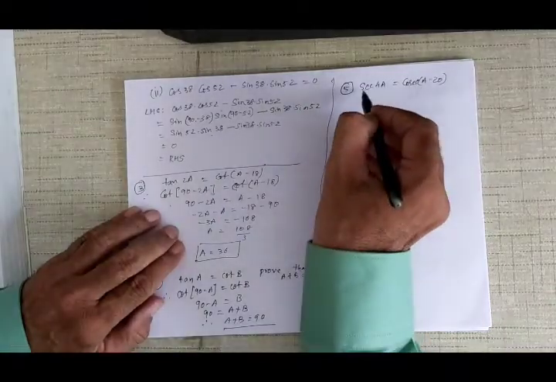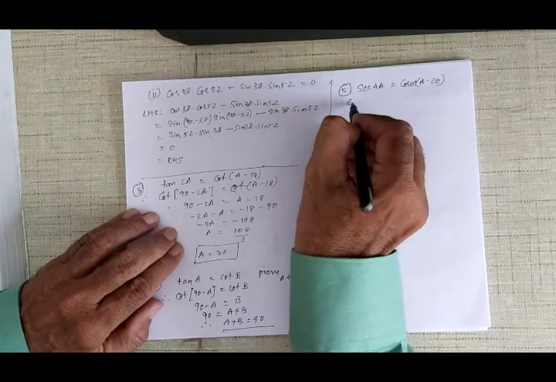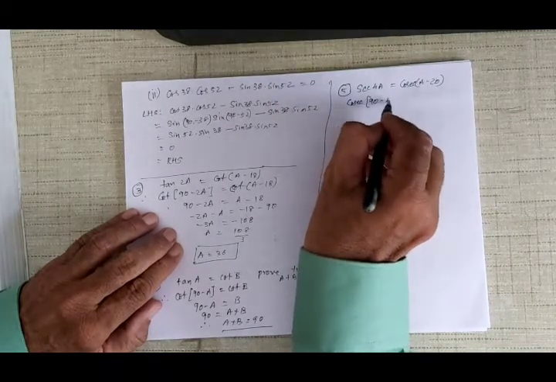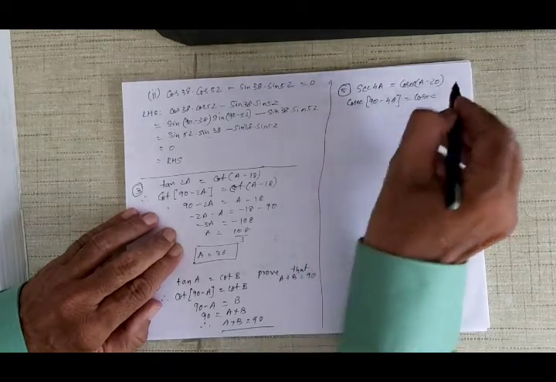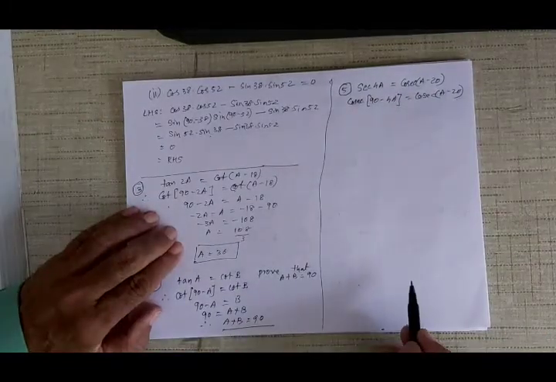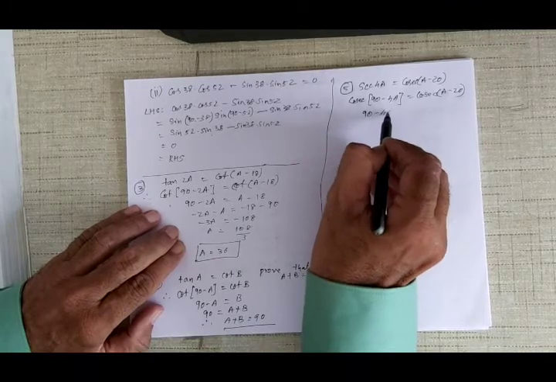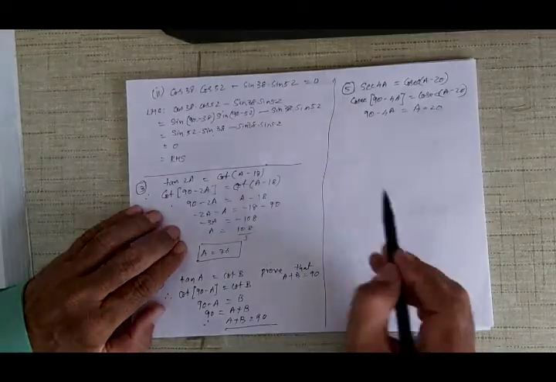All right. Now change sec and cosec. Don't change both. You should not change both. I am changing sec into cosec. Cosec (90 minus 4a) is equal to cosec (a minus 20). Look, I changed only one. Cancel cosec from both sides. 4a is equal to a minus 20.